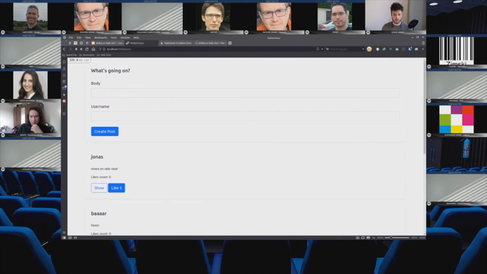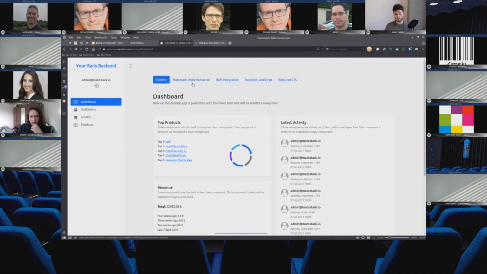So if you want to see how a whole application might look like built with Matesec UI Core and Matesec UI Bootstrap, of course, Bootstrap can be themed, right? So don't get afraid of that. So classic Bootstrap theming can be applied. So this is standard Bootstrap styling, and we're having